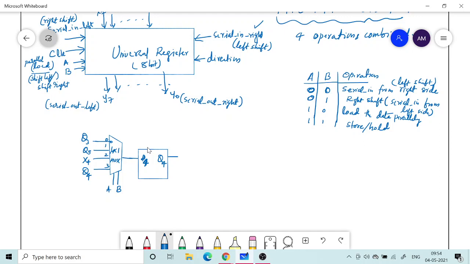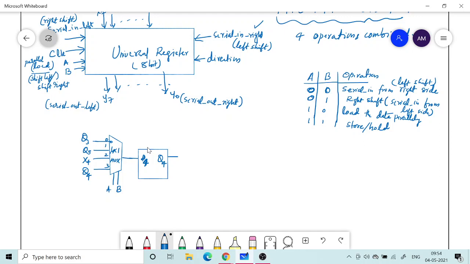If you want to take it from the right side, you need to take it from this particular serial in right pin. So if this is Q0, D0, Q0, then the first entry will be from serial in right. Similarly, if it is D7, Q7, the second entry will be from the serial in left. That's the only difference.